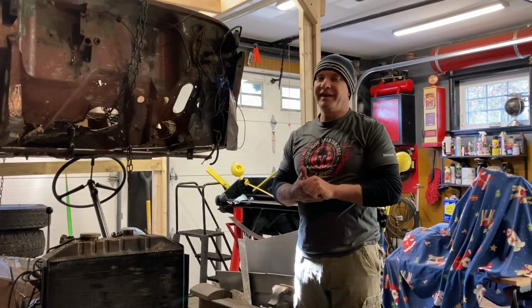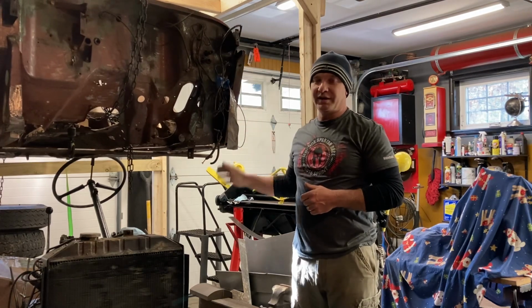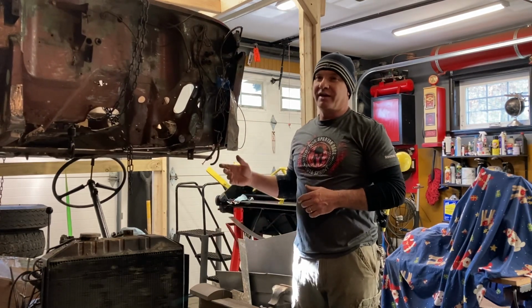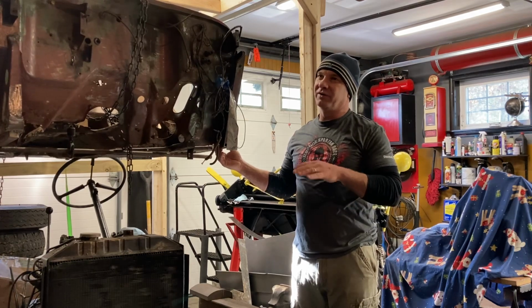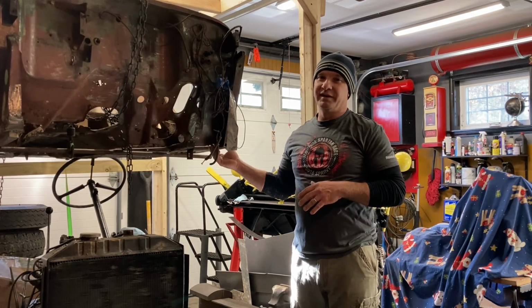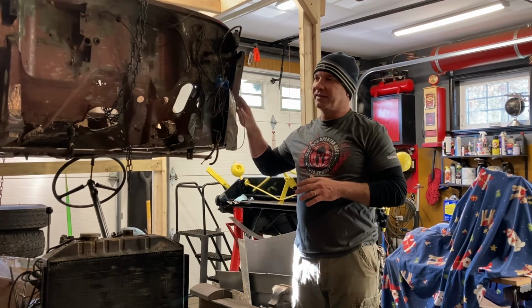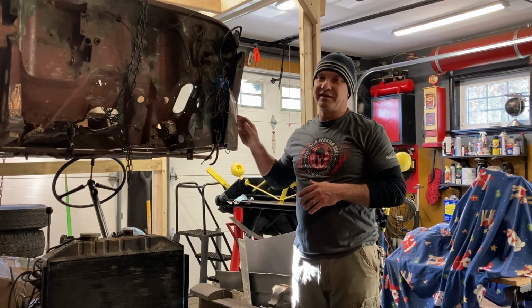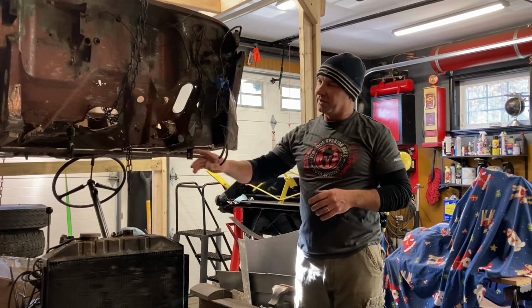So my goal today is to lower this tub down onto the CJ chassis. I want to do a test fit and get it ready to mount the floorboards in the tub. And I have to do that after I get the tub set onto the chassis. And then after I do that, I'll have to take the tub and actually flip it over and weld onto